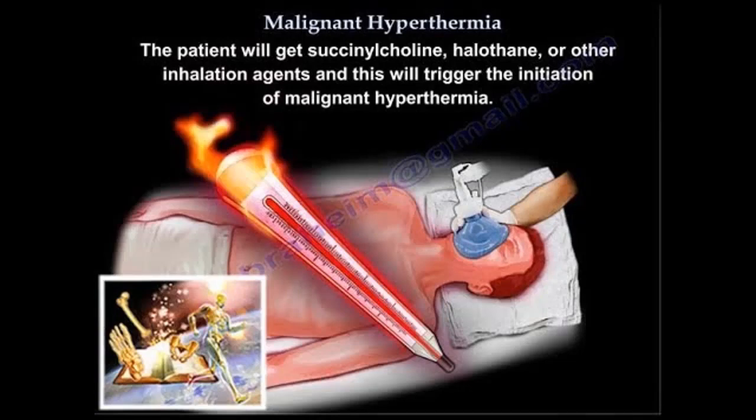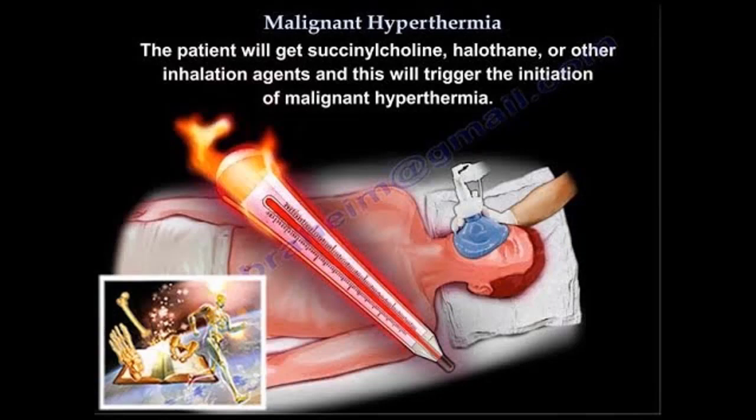Now, what about malignant hyperthermia? Malignant hyperthermia is not only caused by succinylcholine, but may also be caused by the halogenated anesthetics. In this, there is a rise in core body temperature of approximately 1 degree centigrade every 5 minutes, and that may appear intraoperatively or even after surgery, approximately 1 hour after. So why does it happen? Because in this